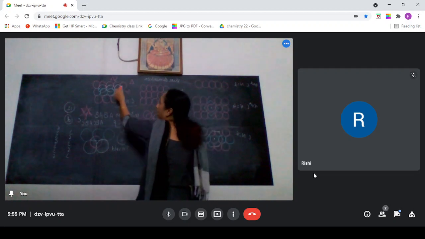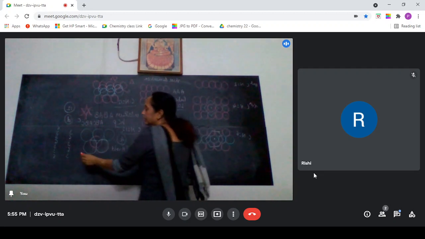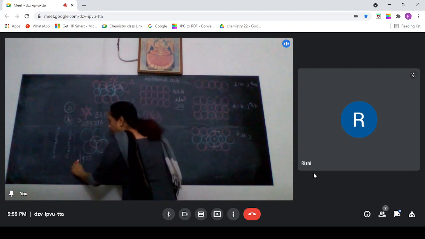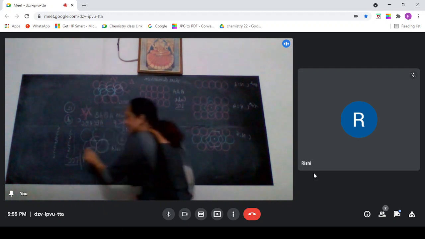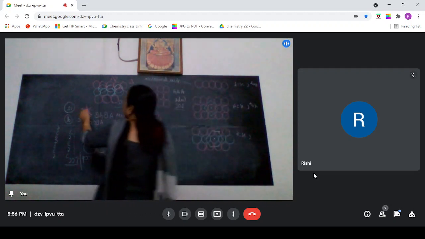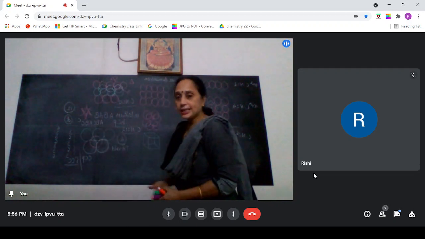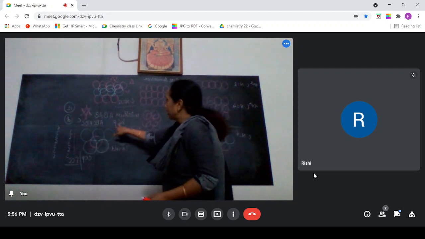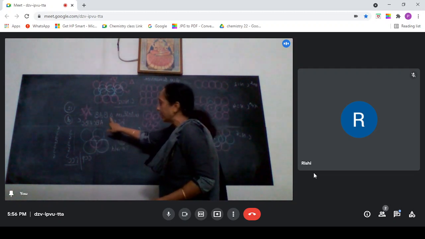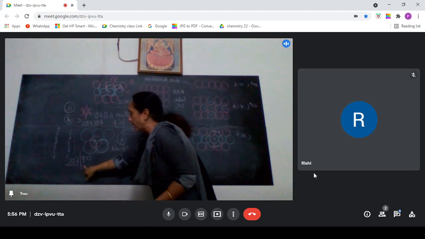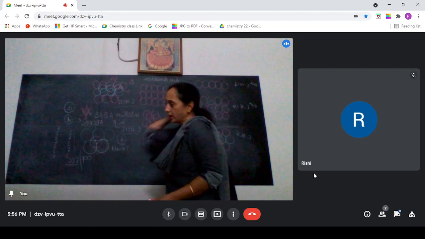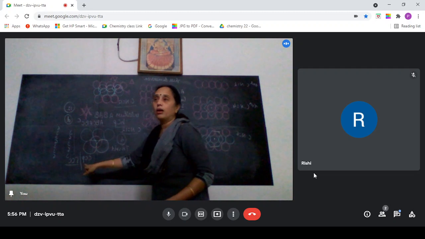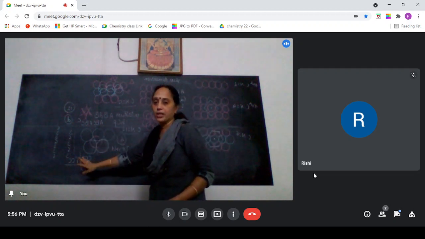But this is hexagonal close packing and this is called cubic close packing. You have to remember this is also called face-centered cube. So face-centered cube is the same as cubic close packing, and you will have hexagonal close packing in 3 dimensions and cubic close packing or FCC. Both are in 3 dimensions and both of them are very efficient. We are going to calculate the packing efficiency, the packing fraction, for both.